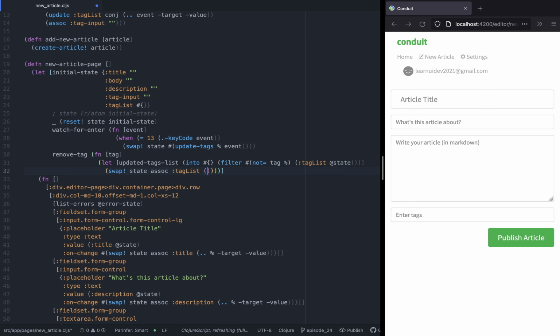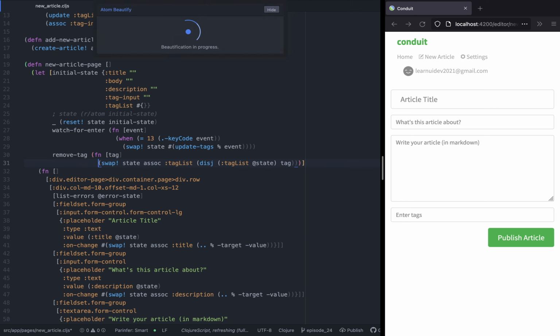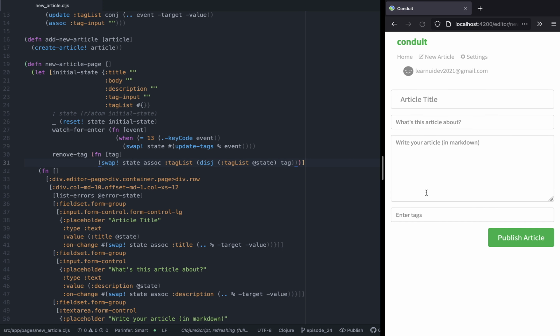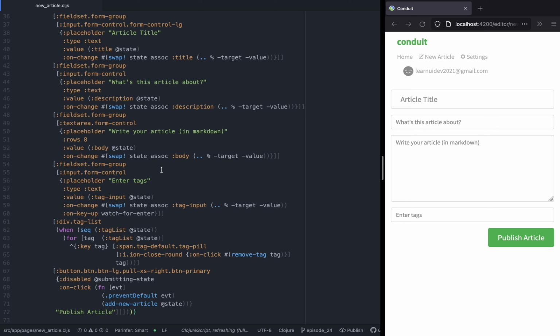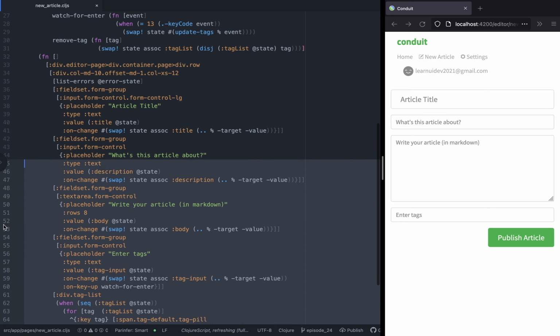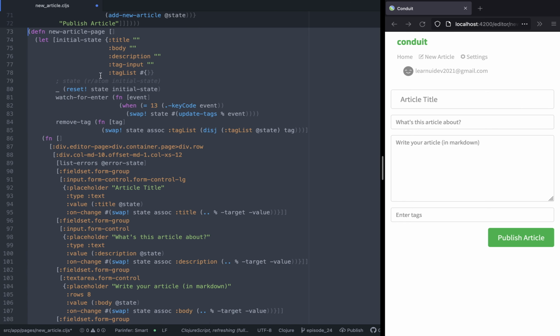Let's also update the remove tag function. So instead of looping over the tag list, we can just use the disjoin function, since we have the tag list as a set. So we can say disjoin the tag from the set, and just remove the tag. So now everything should work. So the next step is to